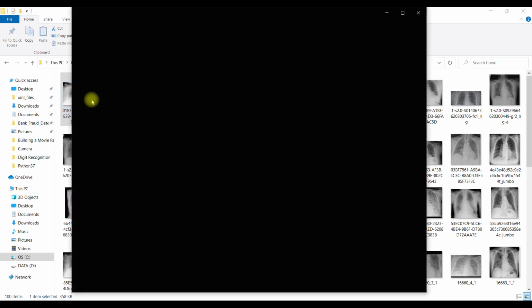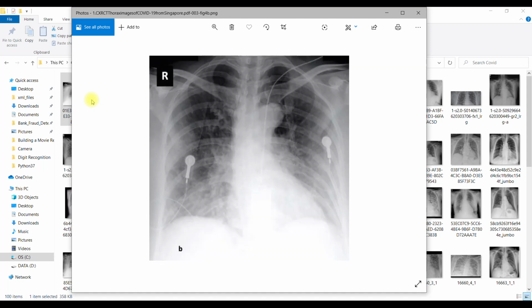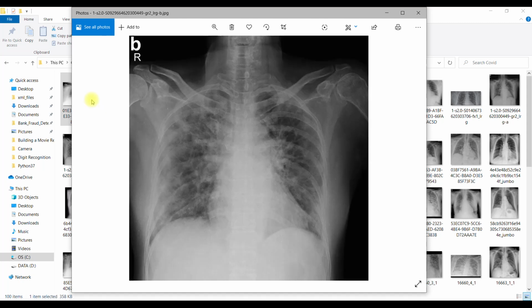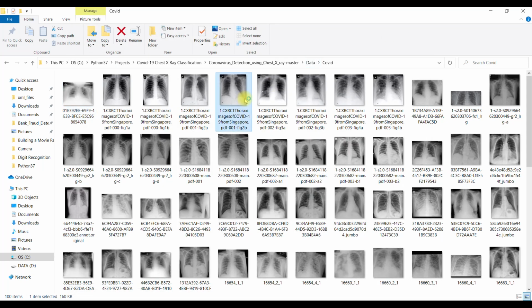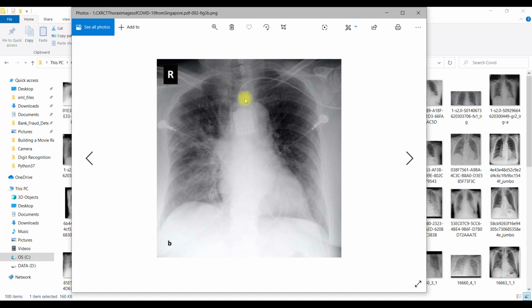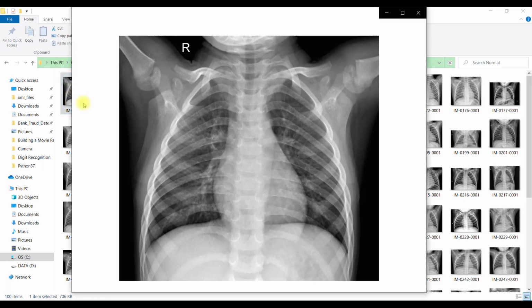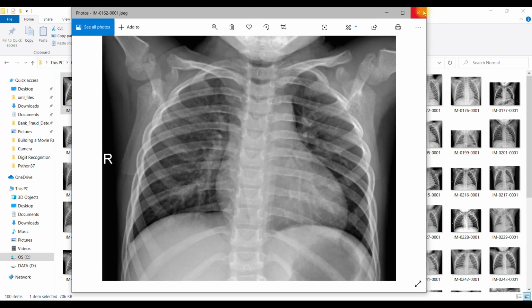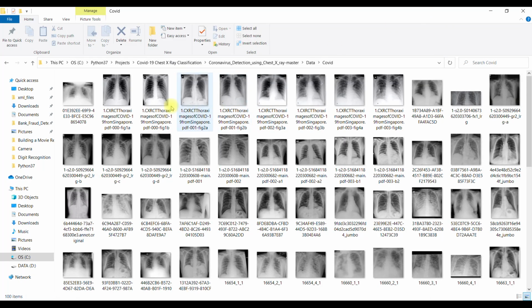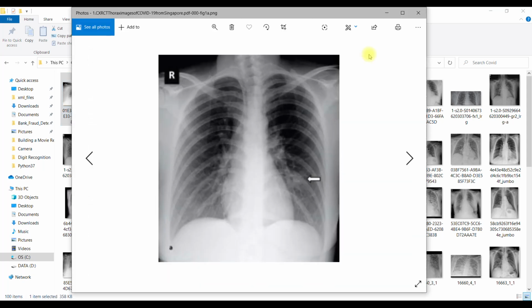The COVID-19 chest X-ray images actually look like this, a little whitish in color, they have become whitish. I saw something strange, some earphone type of thing, I don't know. And for normal, see, there is no whitish color. It's just clear chest X-ray images, no whitish color that much. And see here in coronavirus one, kind of.